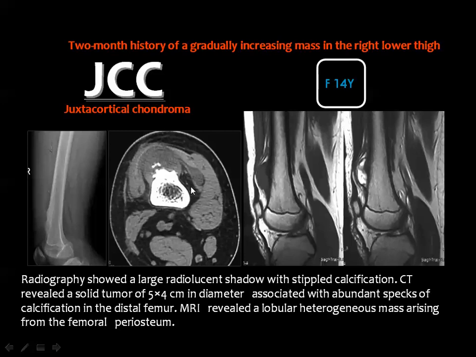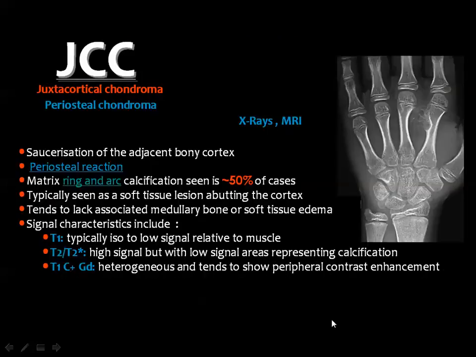Of course, this may be mistaken for other lesions like chondrosarcoma, for example, but the appearance and the absence of aggressive findings or aggressive imaging appearance and the age of the patient, this age can also fit for the chondrosarcoma. And then by X-ray and MRI, you will see what's known as saucerization of the adjacent cortex. And you see this, which looks like a benign impression on the cortex of the bone associated with sclerotic reaction, which is also an indication of a benign lesion.